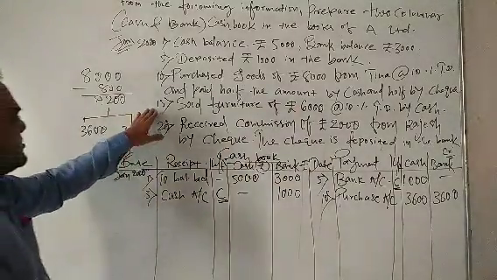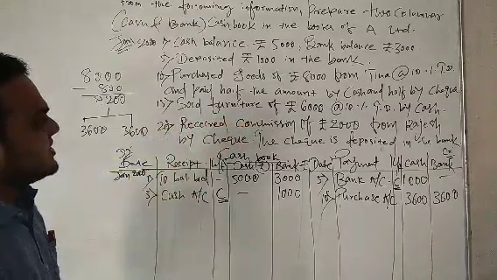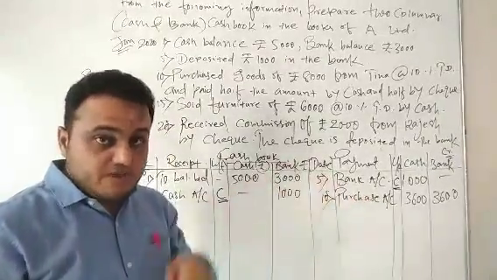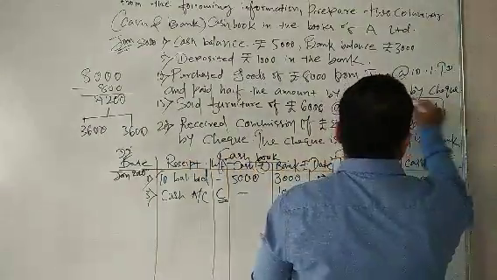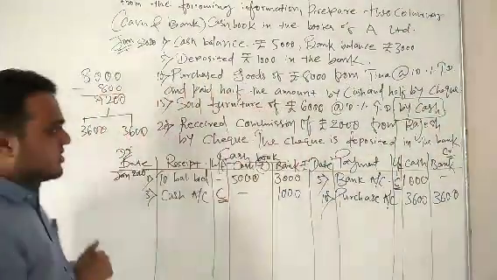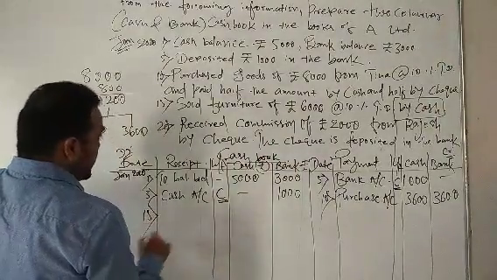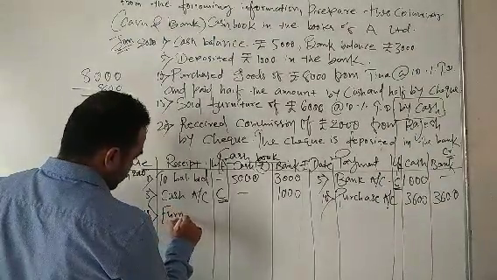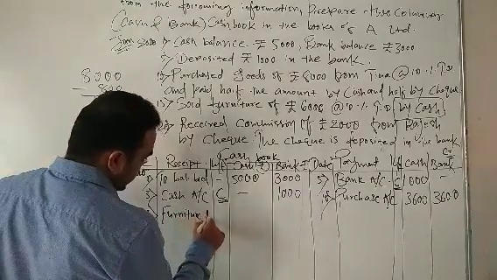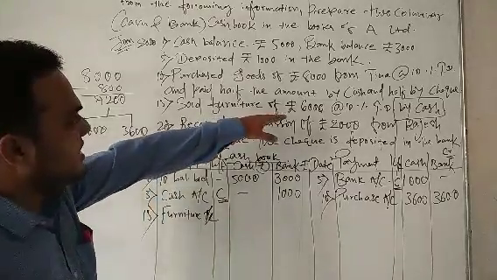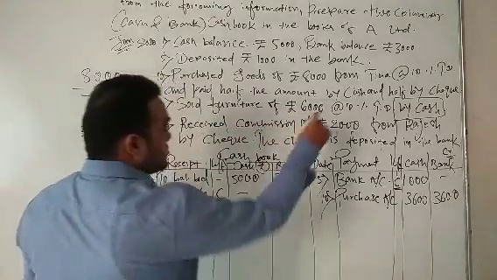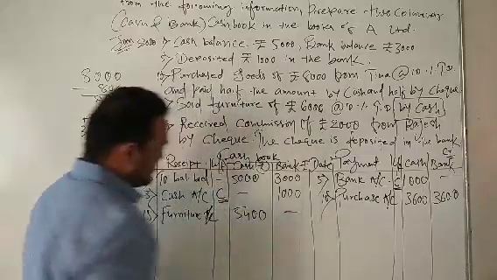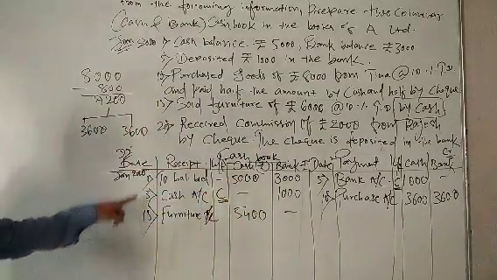Now students, next transaction 15, sold furniture of 6,000 at 10% trade discount by cash. So furniture you are selling, means furniture will go but money will come. And the last word given here, by cash, means it's a cash transaction. So money will come, so I will write down 15 here. And it's not goods, it's furniture, so you cannot write sales, you will write furniture account. And it will be 6,000, 10%, 600 will be minus. So we will take 5,400 in cash, because the word check is not there. So 5,400 in the cash, furniture 15.